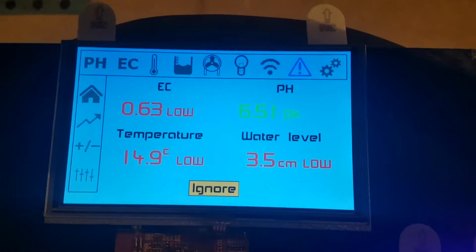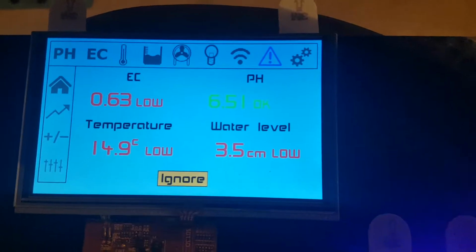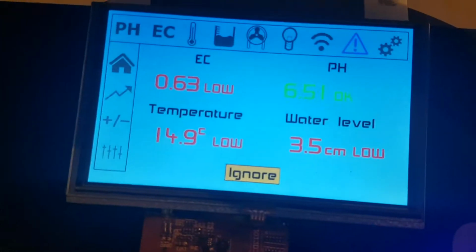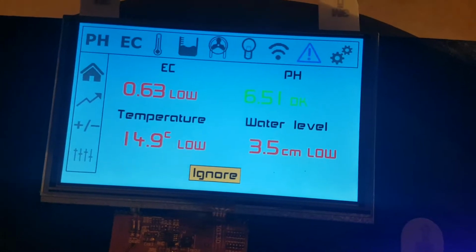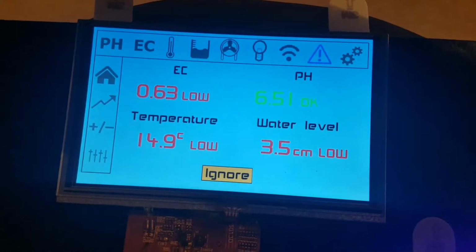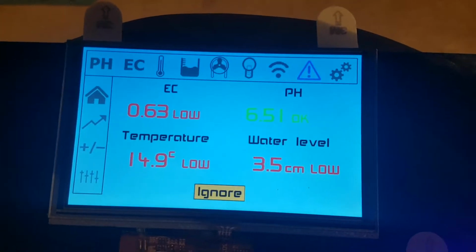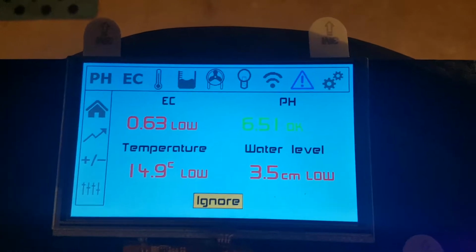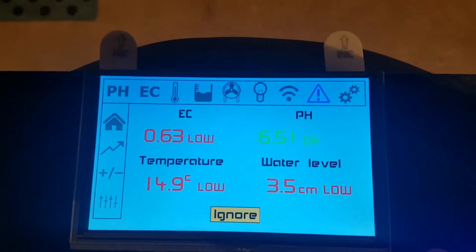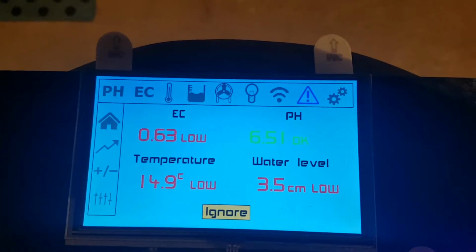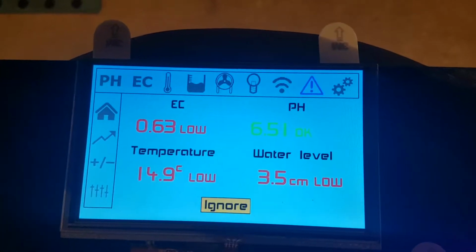And EC is very easy to control, but of course when you adjust the pH it's going to affect the EC, because basically the solution's conductive and it's full of positive ions. The tank will saturate with positive ions over time, so a hydro should always be drained no longer than every